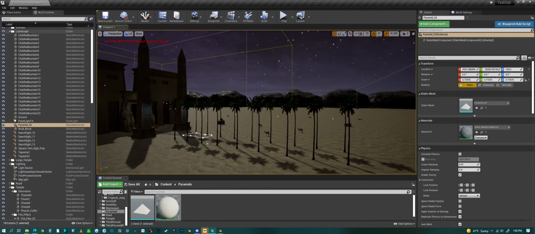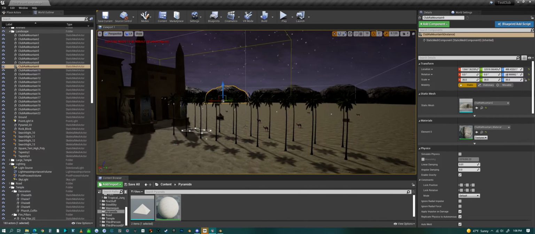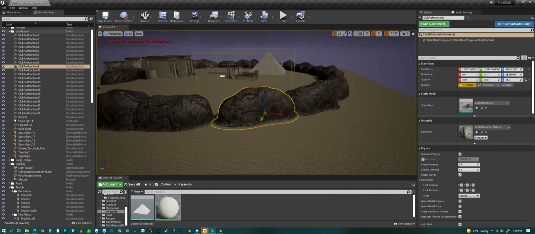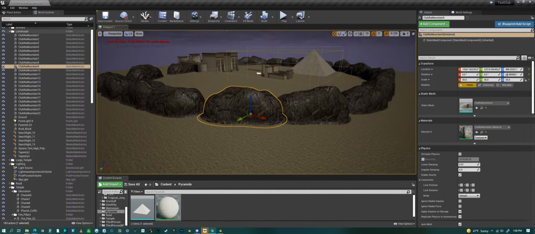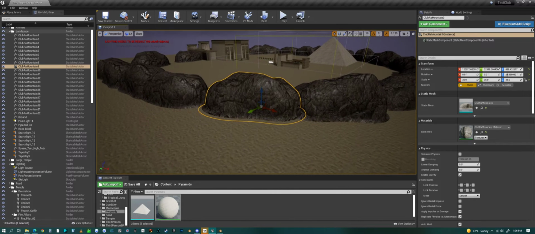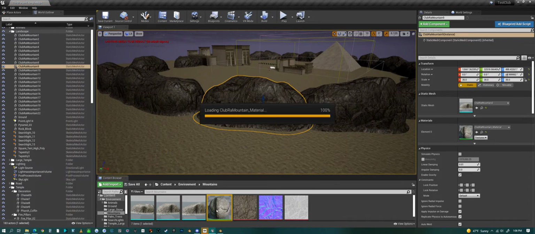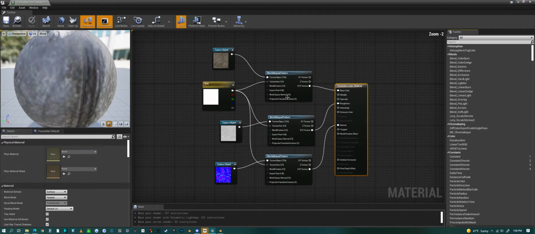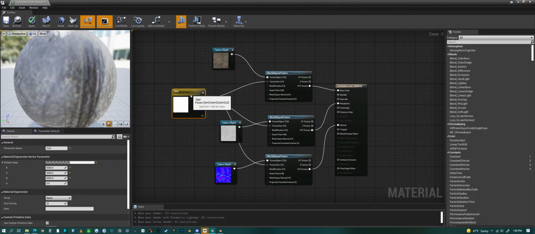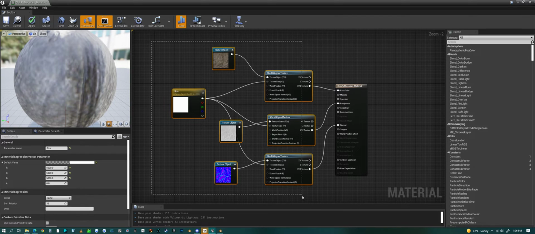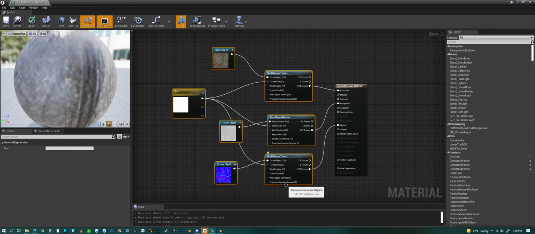And then these mountains back here, let me focus in on these mountains. Now all of this is just thrown around. I'm still working on all of this stuff. But this mountain is using a different technique. If we open up this material, we're using world aligned textures for this one, and then a texture size to handle that tiling. Okay, so how do you set up these ones? Well, this one's completely different. So in a way, we have to get rid of all of this,